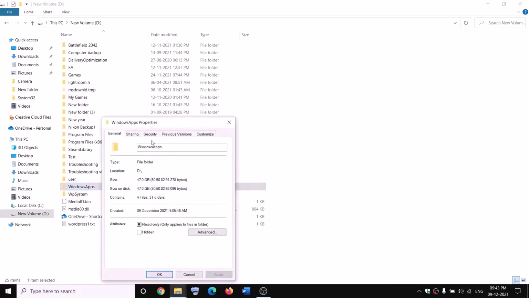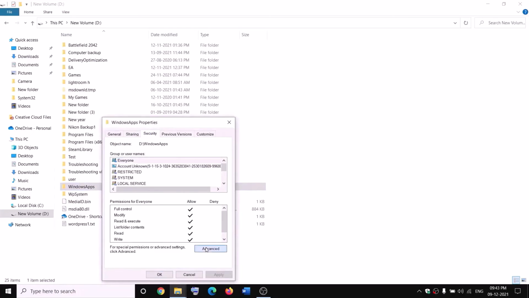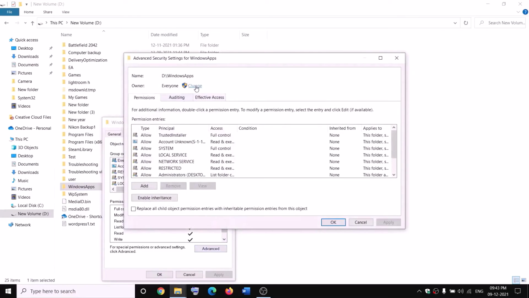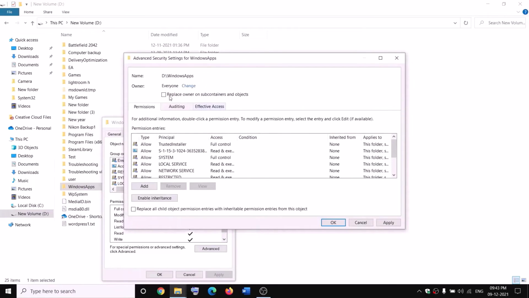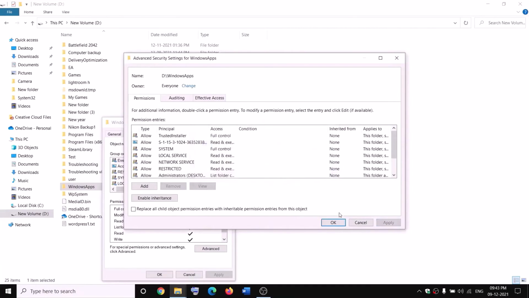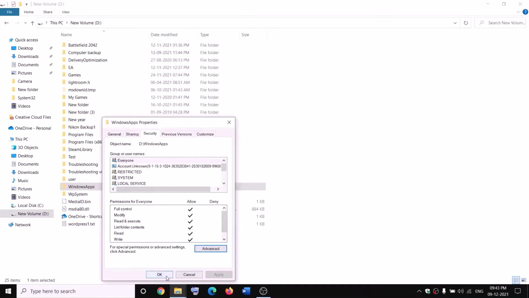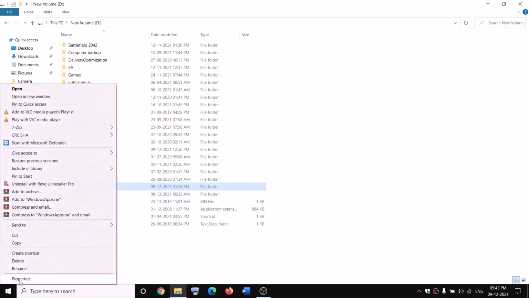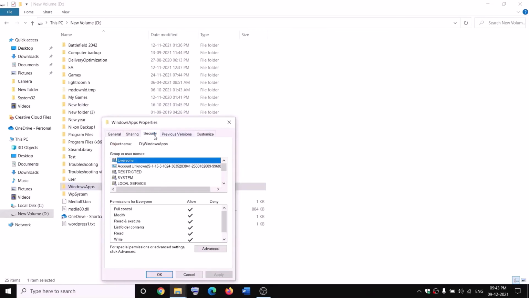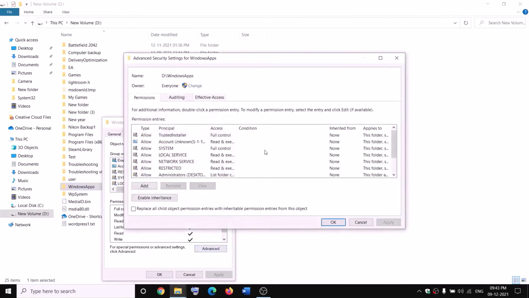properties, go to the Security tab, Advanced. Now click on Change over here, type in Everyone in the box. Now click on Check Names, then click on OK. Now put a check on the box which says Replace owner on subcontainers and objects and then click on Apply. OK, OK, again OK. Again make a right click on WindowsApps, select Properties, Security tab, Advanced, and this time